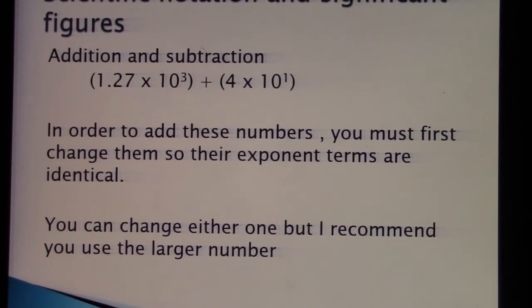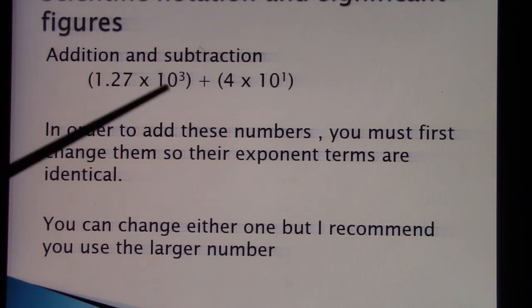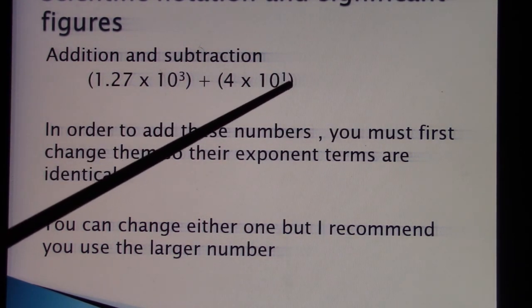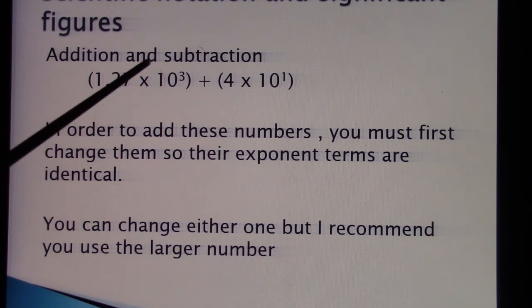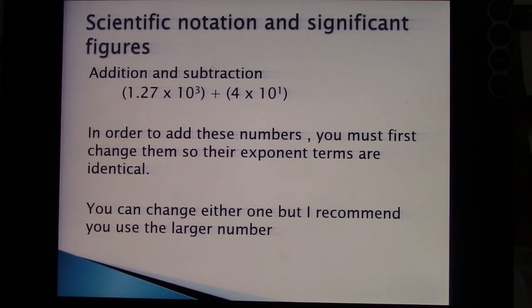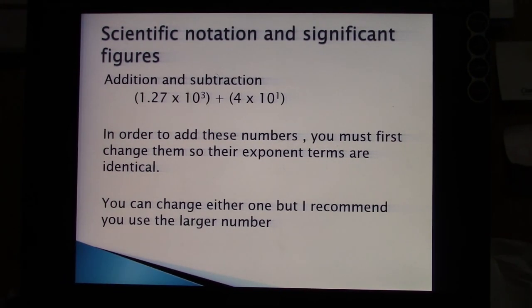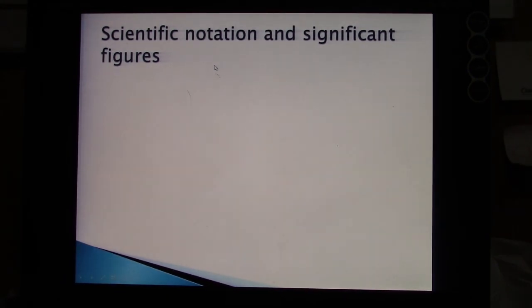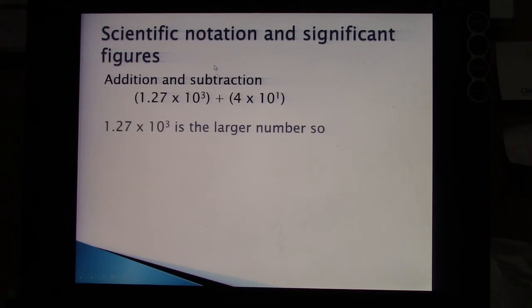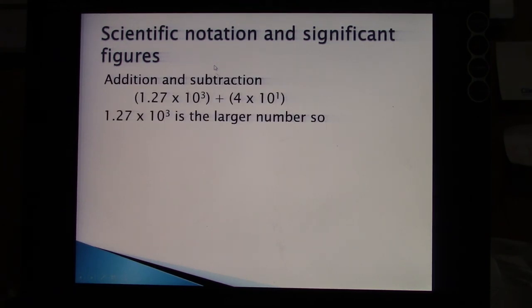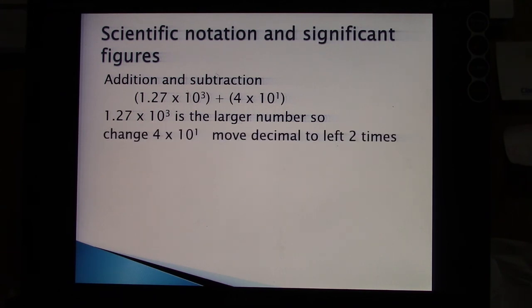You could either change this to 1, or you can change that one to 3. I always like picking the larger number and working with that because I find it easier, but it's up to you. I recommend using the larger number as a basis. So 1.27 times 10 to the third is a larger number, so change to 4 times 10 to